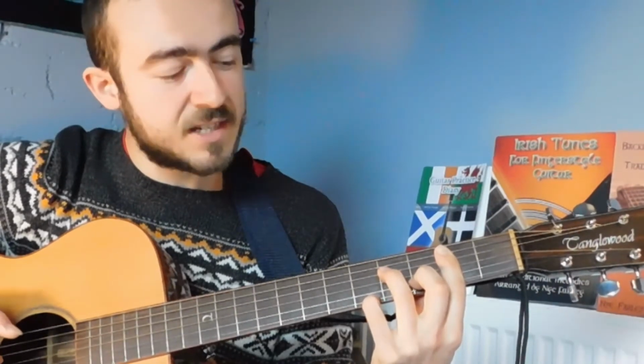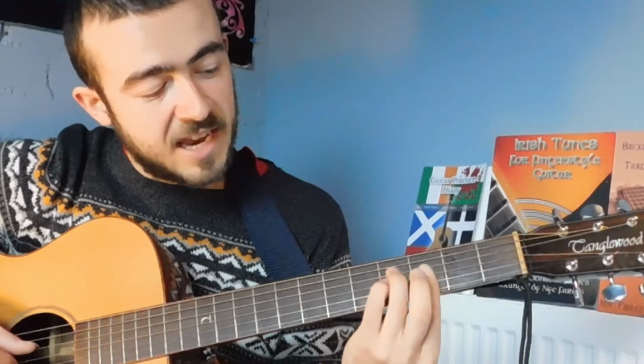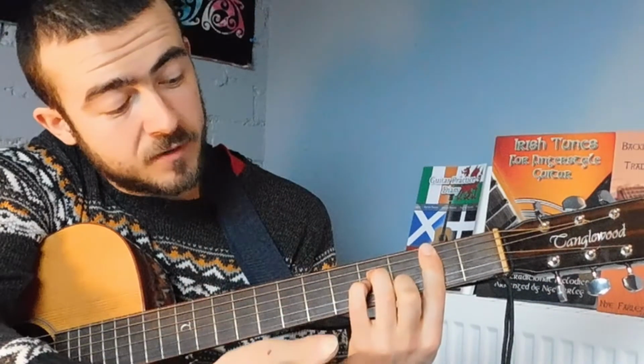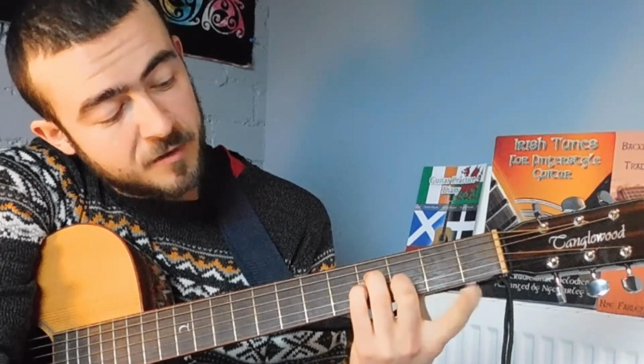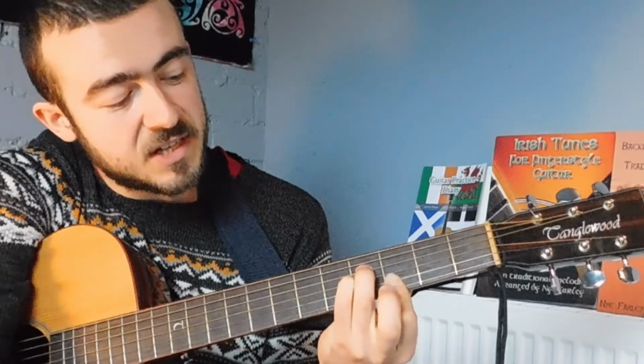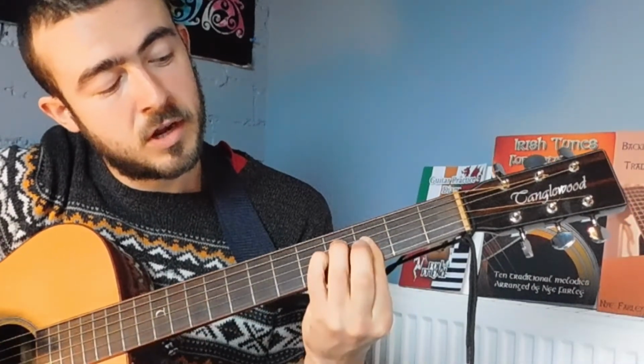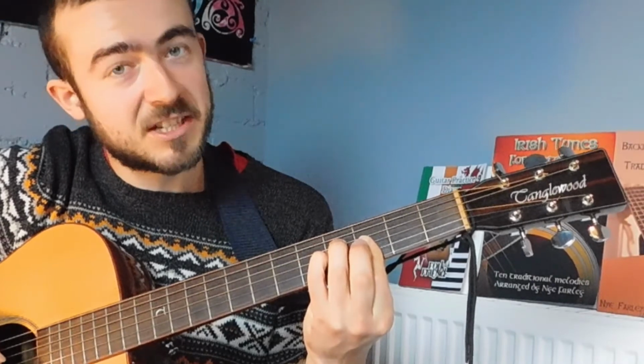So instead of that, what I've done is I've gone from, there's my B minor 7 for the first 2 quavers of the little section. Then I've gone like this. So if you look at that shape, what I've done is I've taken my B minor bar chord, I've maintained 3 fingers from it, but then I've just swapped which finger does it so that that one can flatten to the top string to get the tune note there. So, and then to get the next tune note, which is the top E string, I just take that finger off. So,